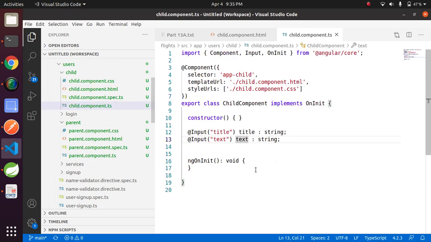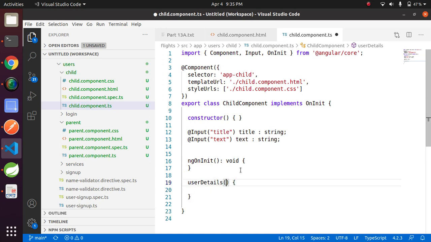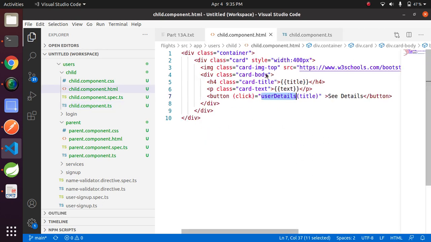Let's add this method in the child component here: userDetails, as we are getting the name from the method.